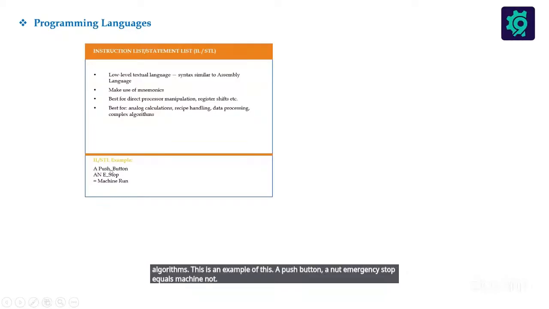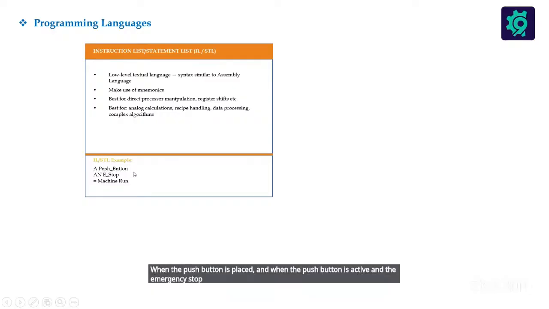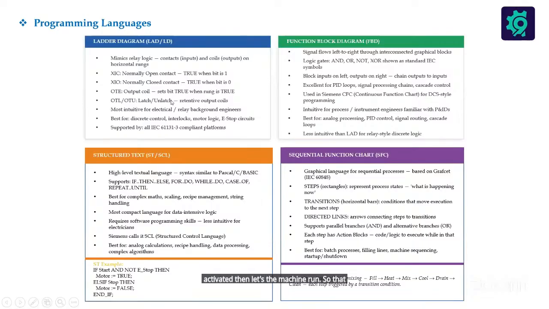So what this is saying is that when the push button is pressed, when the push button is active, and the emergency stop button is not activated, then let the machine run. So that is it. Like I said, you can use this programming language